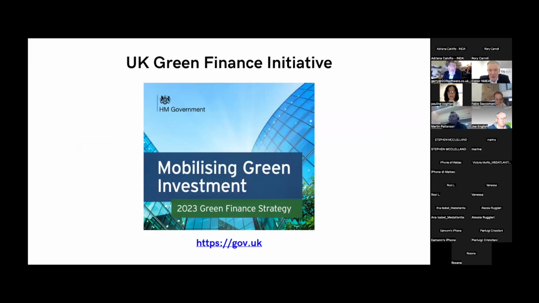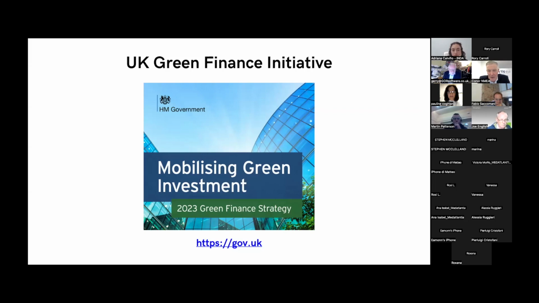We mentioned the UK government Green Finance Initiative. While the UK is no longer a part of the EU, some of its practice is useful to look at. It's well structured, well put together, and this is the green finance strategy.